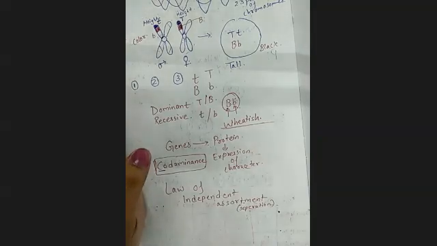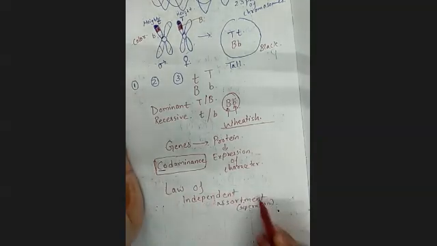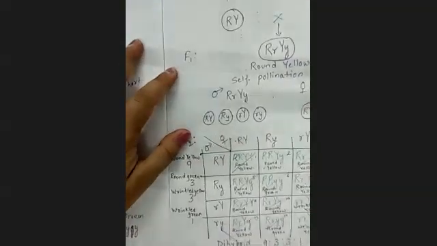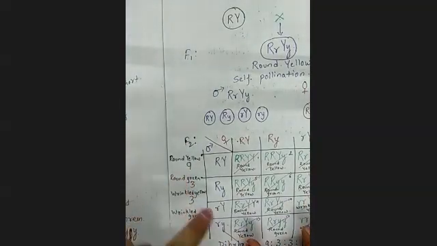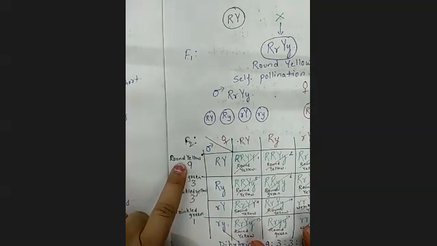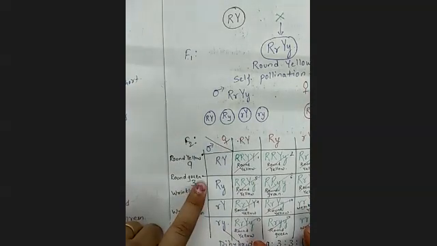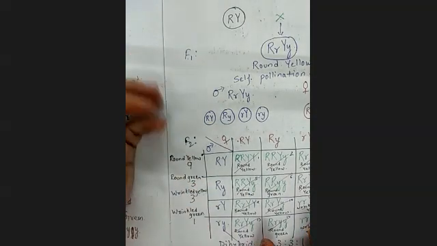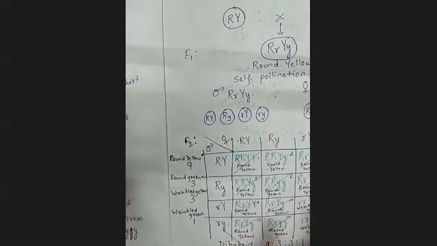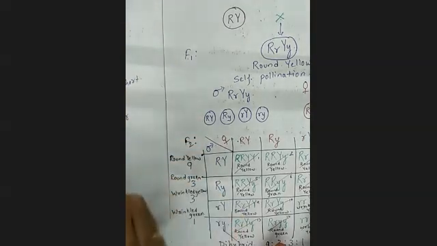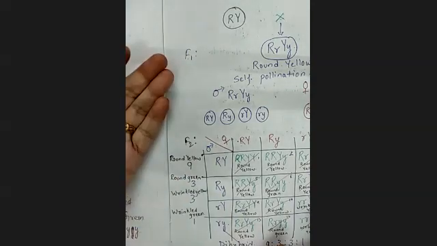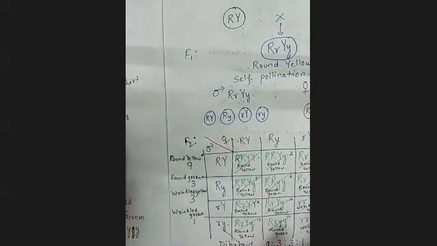Yes, ma'am. That is what the law of independent assortment is. That is what Mendel studied with the dihybrid cross. Mendel got the result and he found that there may be the possibility that one dominant gene can go along with one recessive gene also. So it is independently assorted. Height will not interfere with any of the other characters of the plant. Color of the seed will not affect any other character of the plant. Is it clear to you?